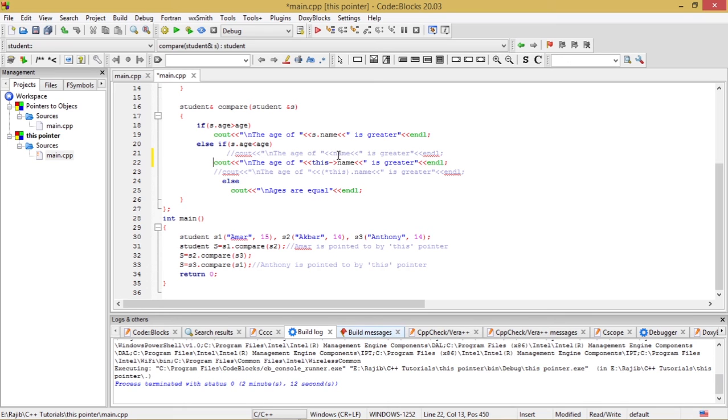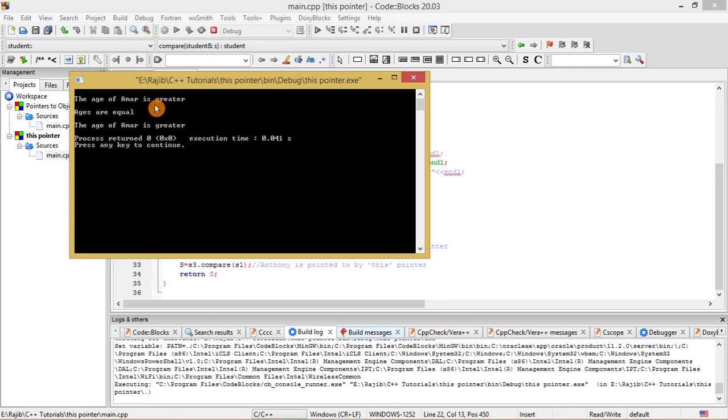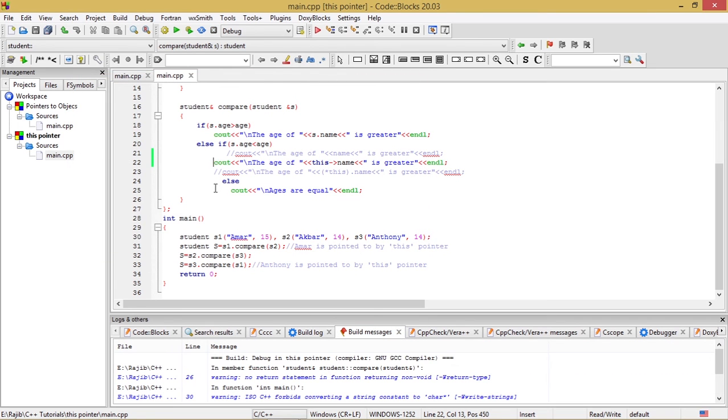Name is implicitly carrying this pointer with it, so I have just explicitly written this arrow associated with this name. So this will also work in a similar fashion. The age of Amar is greater, ages are equal, the age of Amar is greater. So it is the same output which we have seen in the previous run.